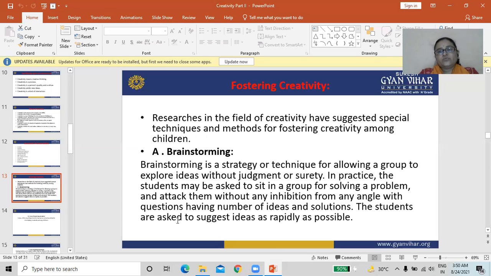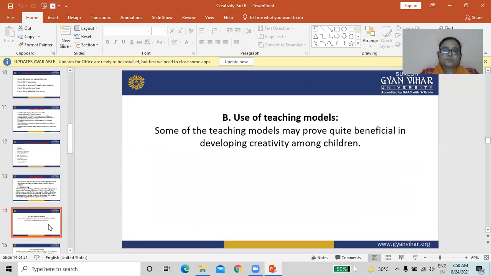It is one idea of fostering creativity in the student. Next is use of teaching models. Some of the teaching models may prove quite beneficial in developing creativity among the children.